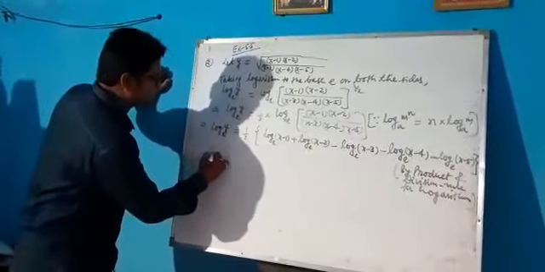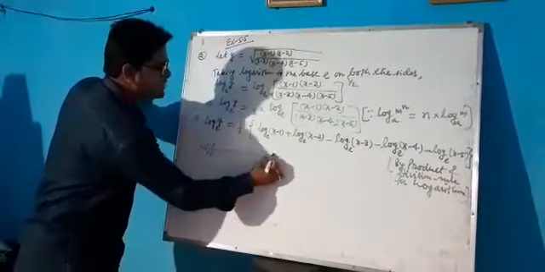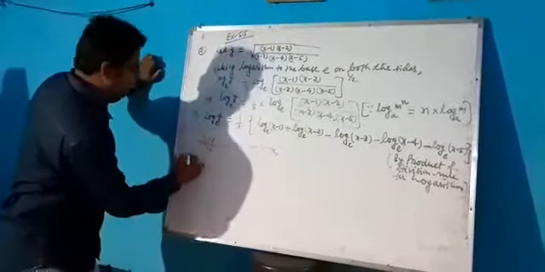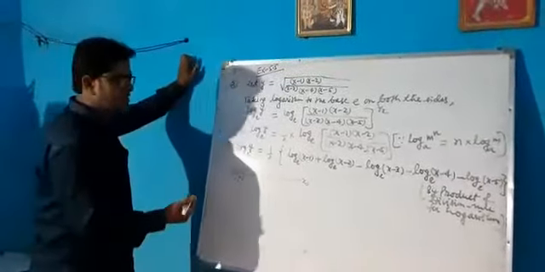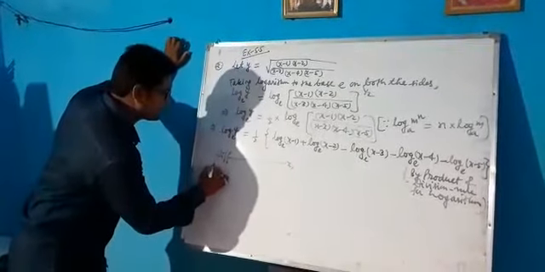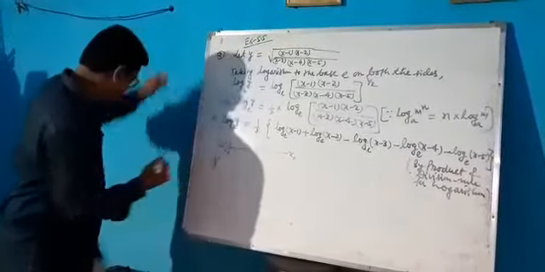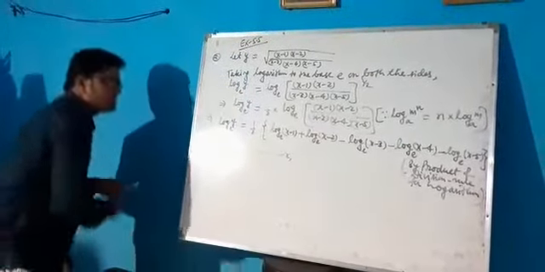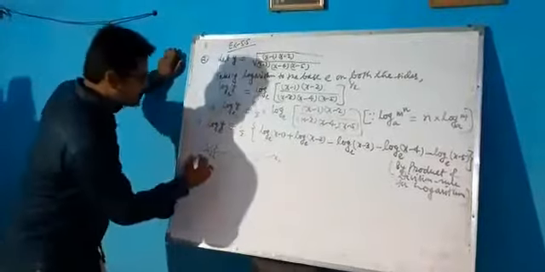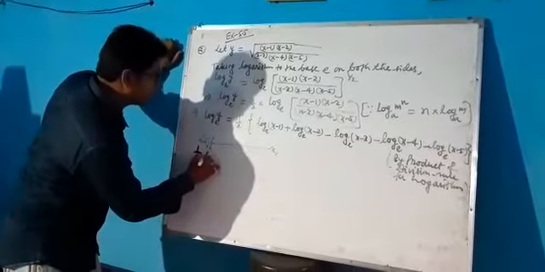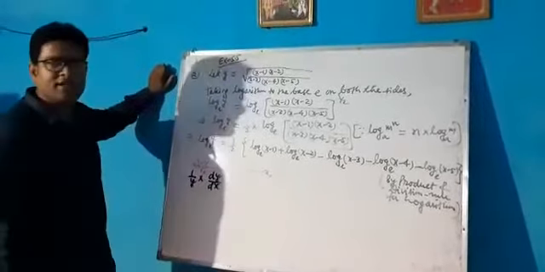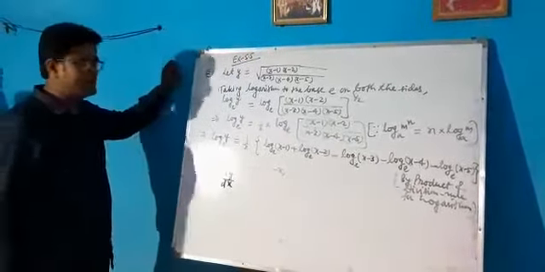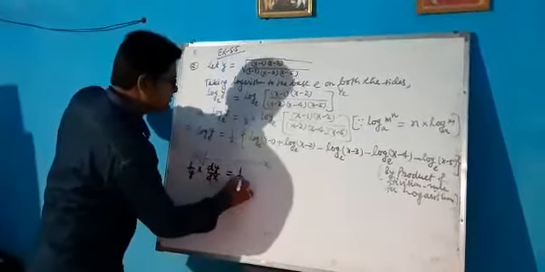Now we write, differentiating both sides with respect to x. Now again, we have to apply the chain rule. Log y is a function of y, so the derivative of log y will be 1 by y. Then y is a function of x, and the derivative of y is dy by dx. So it is 1 by 2.